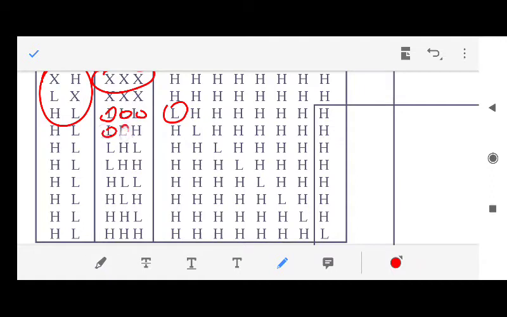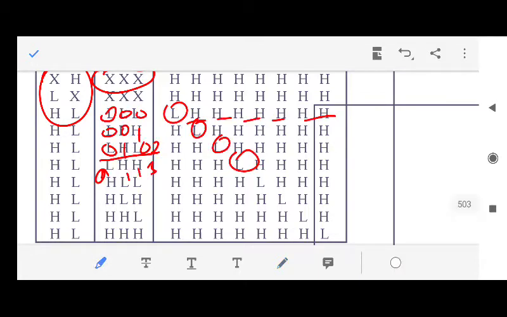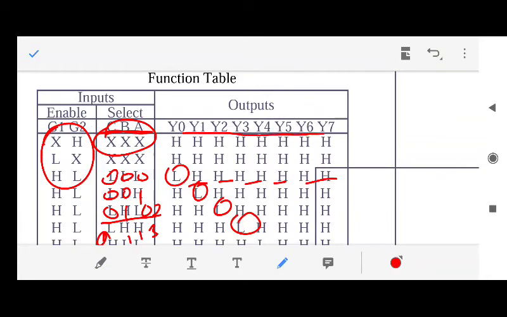When they are 0 0 1, the second pin will be selected. When they are 0 1 0, that's the same as I was explaining. 0 1 0 in decimal means 2, so the second pin would be selected. 0 1 1, fine, 0 1 1 means 3, so the third pin will be selected. How am I saying that it is selected? Because all are high. What are these? These are the output signals. See, these are the output signals. So all are high, all are high, all are high, only one is low, so that would be selected.